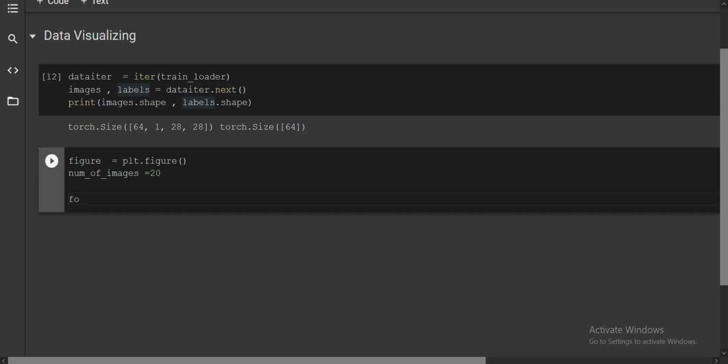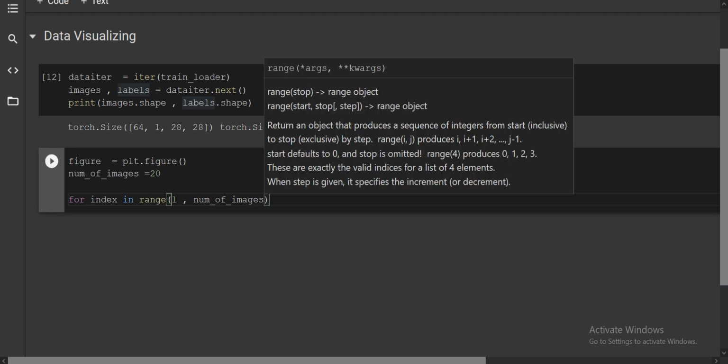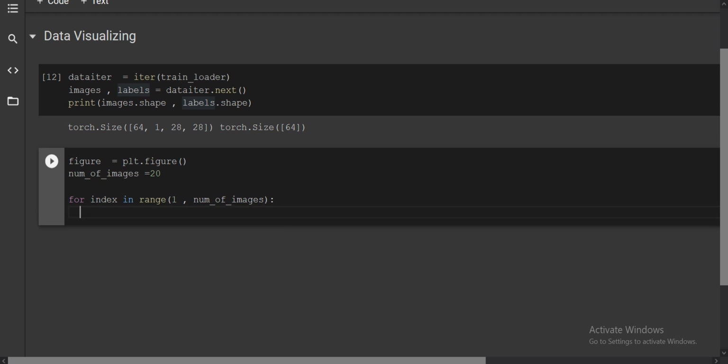Then you will write a for loop, index in range, starting from 1, up to 16, which you need to explain. And then you will do the subplot. I think you know about the subplot in matplotlib.